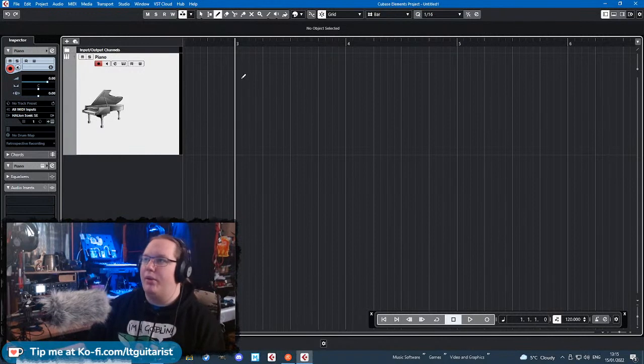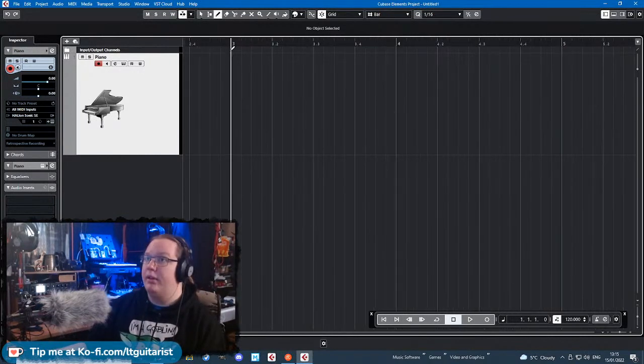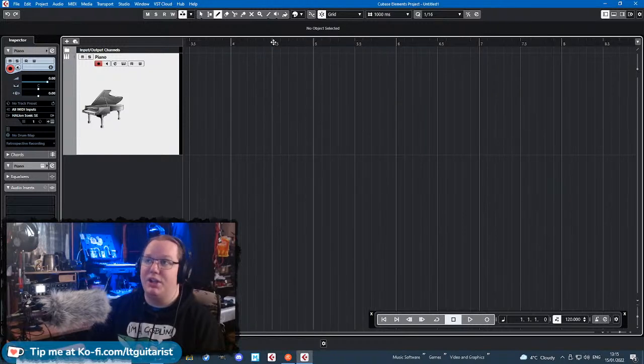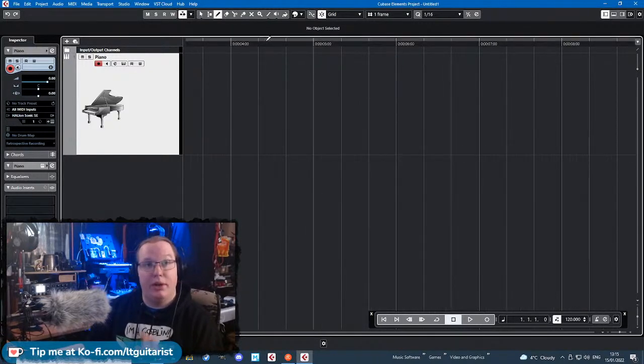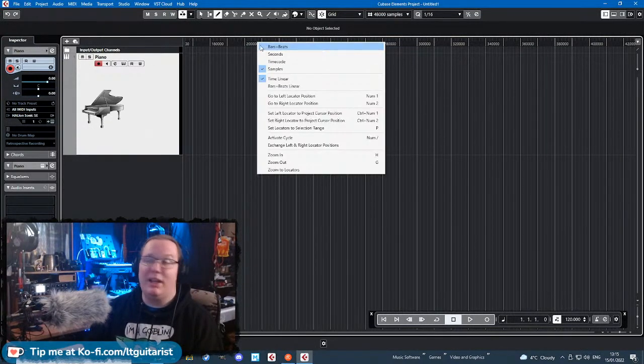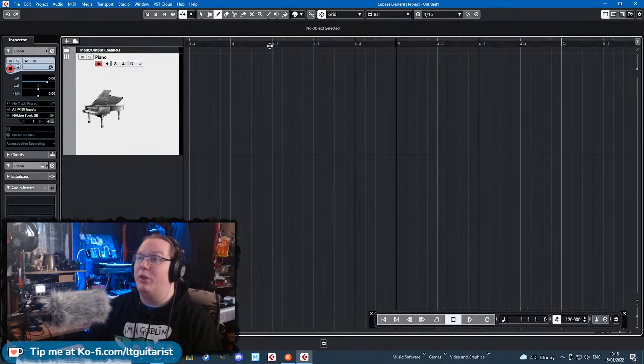I've zoomed in so that bars 3 and 4 take up most of this space here. And that's what these are, by the way. Those are bar numbers. If you don't have this, it's possible that you have seconds. If you right click up here, you can change it to seconds. You can change it to time code if you're doing film scoring. Samples, I don't know why you would ever need that. We're going to use beats and bars,